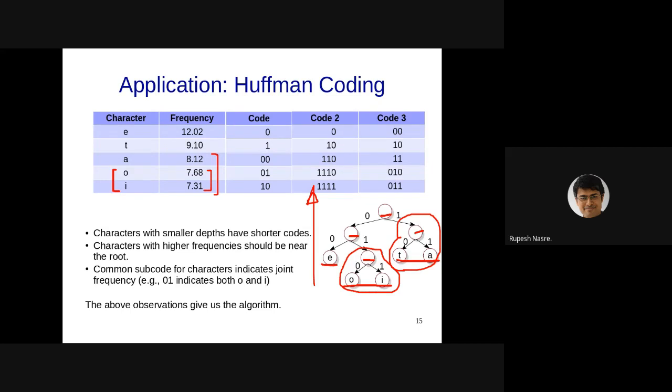But we are interested in something which can be theoretically proven to have some bounds, right? Which Huffman did it for us. But to balance tree height, okay, that is one possibility.